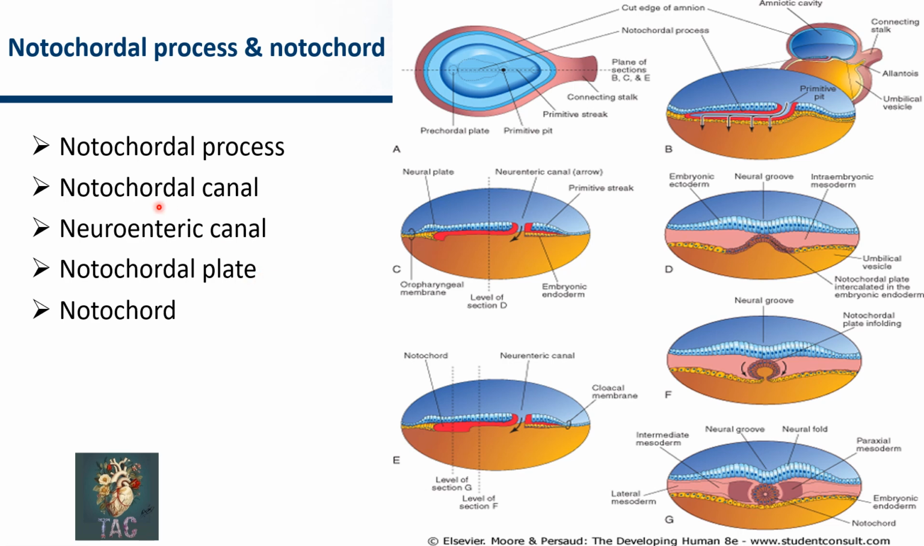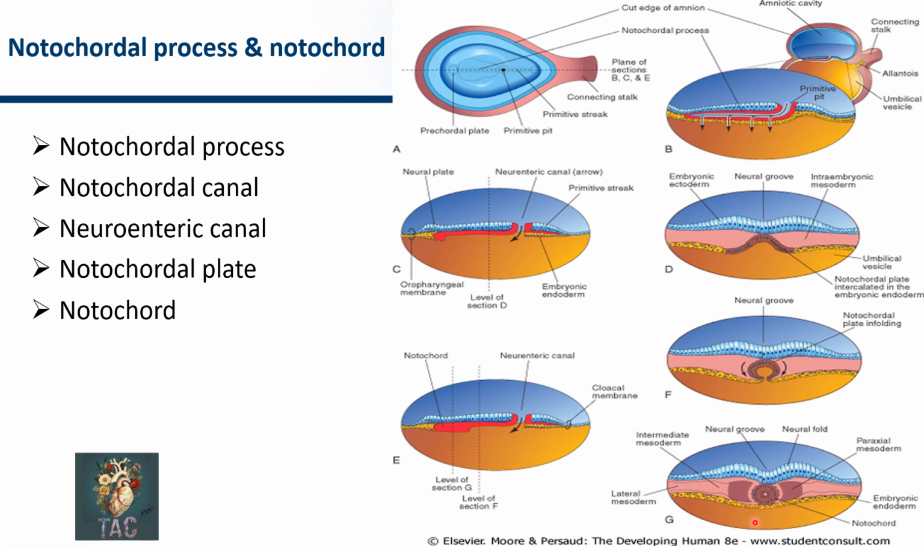So you should remember, first the notochordal process is formed. After the notochordal process, the notochordal canal will form. After the disintegration of the lower layer of the notochordal canal, the only thing which remains is the notochordal plate. What happens next? This notochordal plate later on starts to invaginate, and it forms a rounded tubular structure along